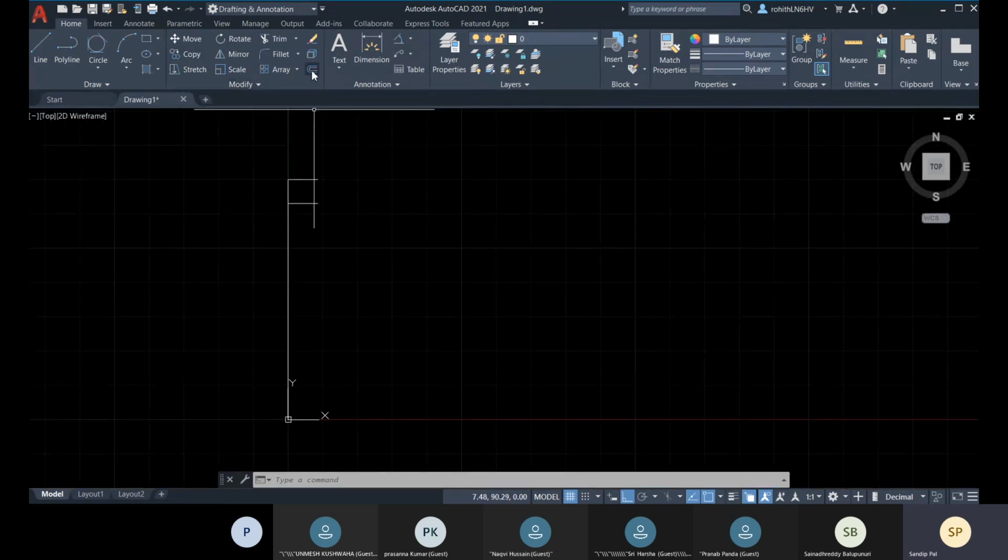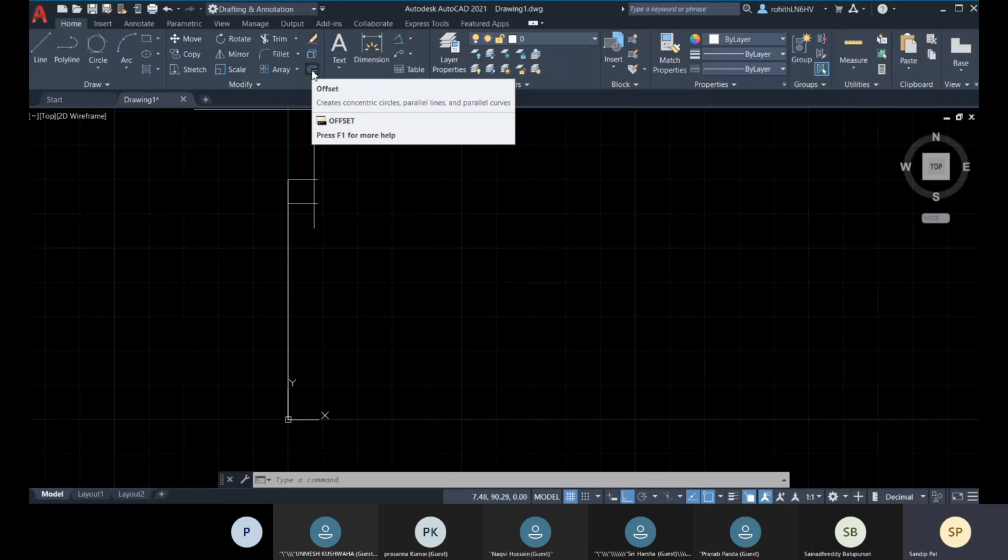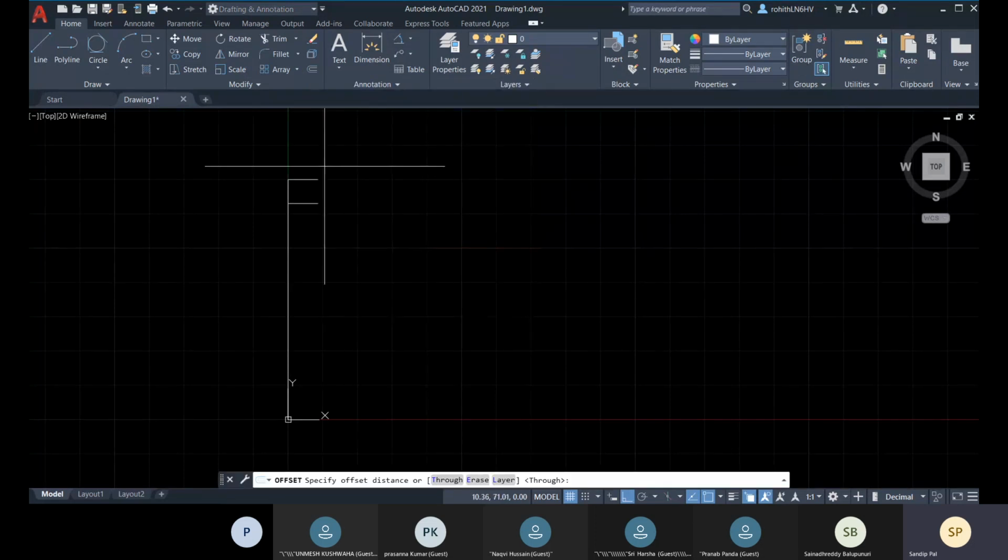For that, I have this offset. So what is this offset about? When will I be using this offset? If you need to create parallel lines, parallel curves, or concentric closed objects. So what are closed objects? A circle is a closed object.